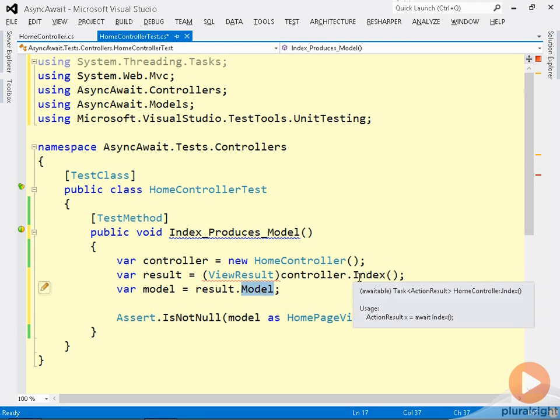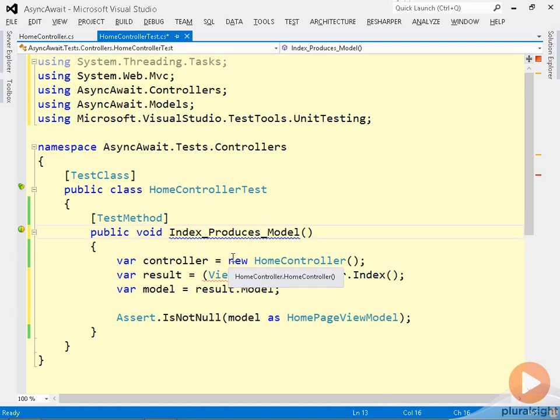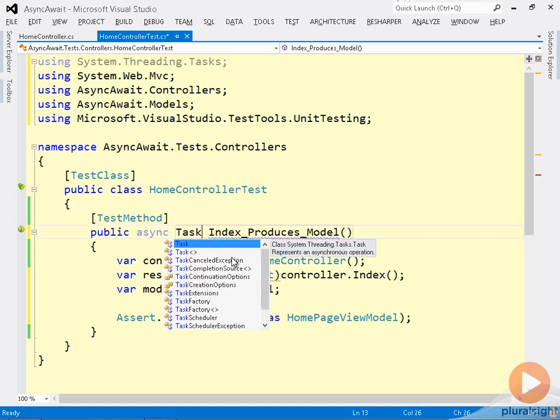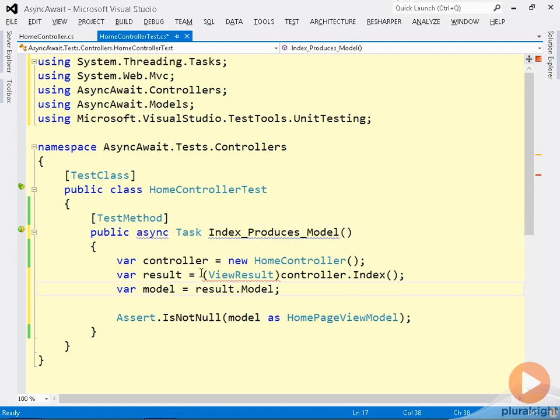Because index no longer returns a view result, it returns a task of action result or a task of view result because it's an asynchronous method now. The easiest solution to this problem is to go in and, if you have a test runner that supports it, also make your unit test method an async method. So literally adding the async keyword here, changing this to a task so we give it something back to know when everything is complete. And then what I can do is I can await the controller.index action,